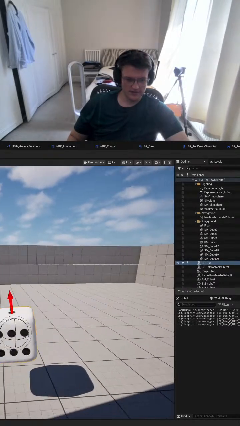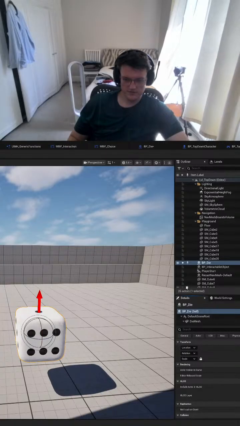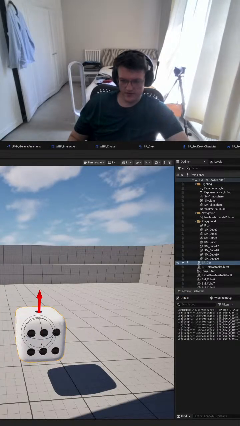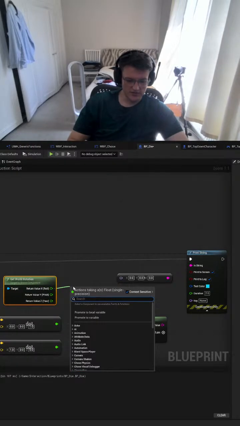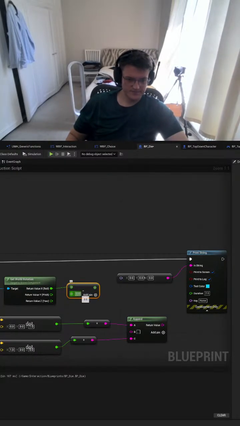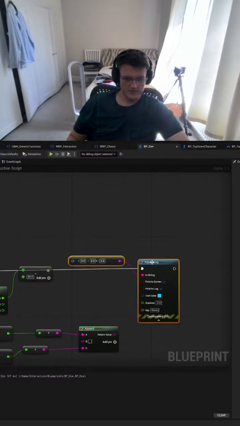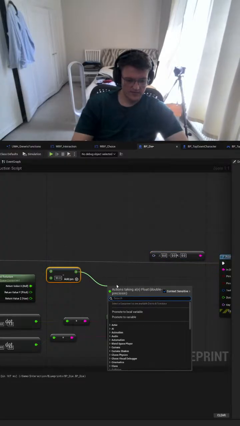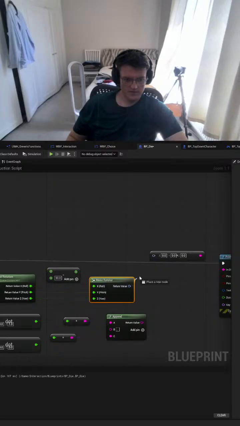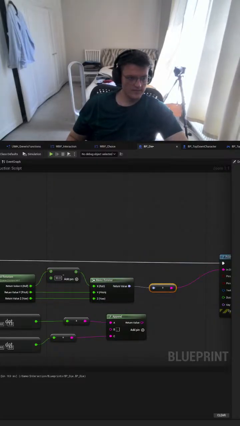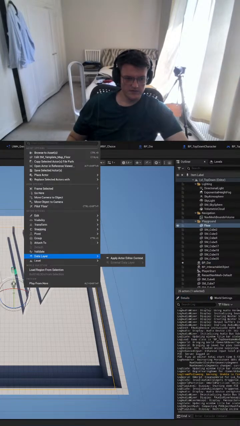Because when it's pointed directly up, in details, it's 90 in that one, so I want it to be 0, 0, 0 when it's like this. So subtract 90 and then make rotator. And if we go to our die again,